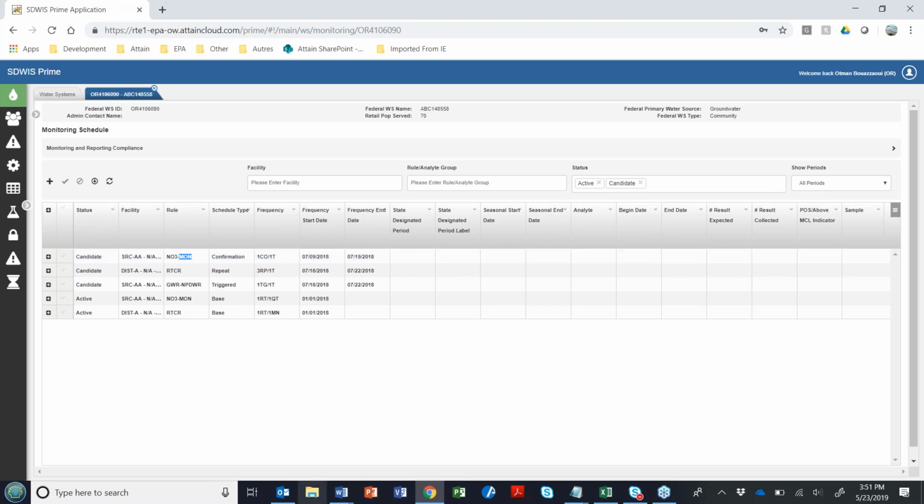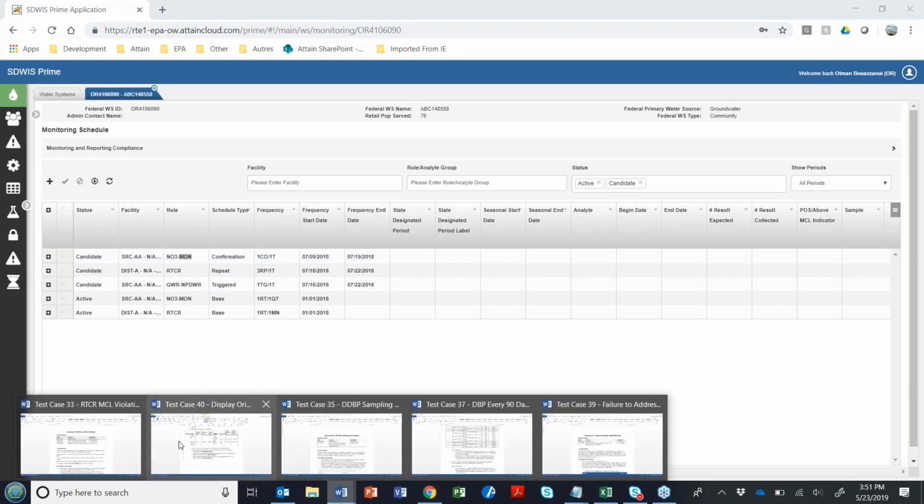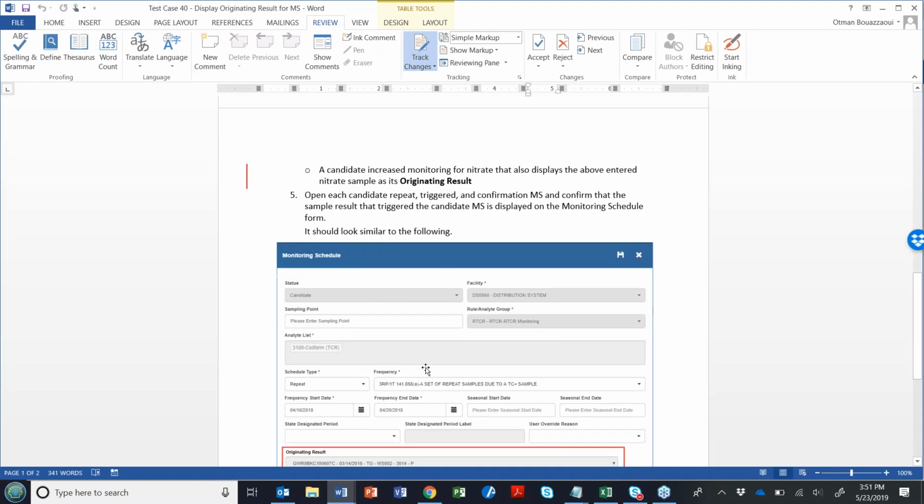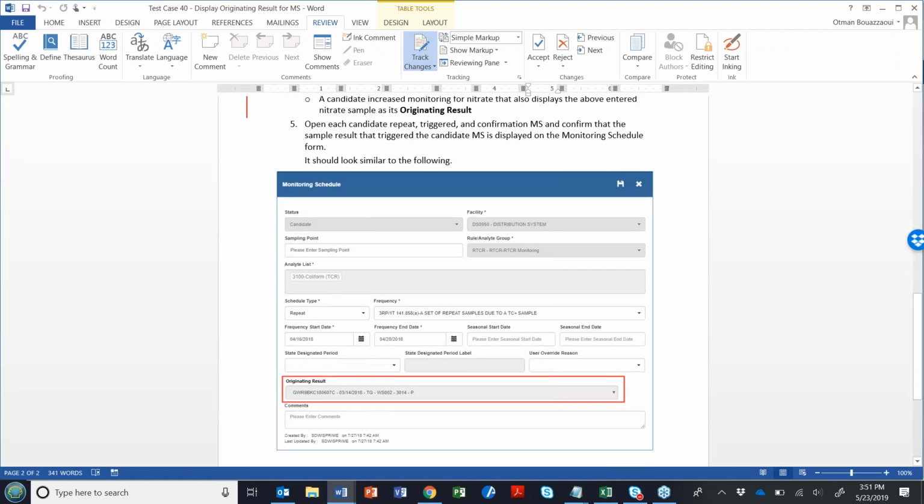So yeah, that's pretty much it for test case 40, the ability to see the original result, which is the fact that was used by the BRE to create the candidate schedules, repeat, triggered, and confirmation for nitrate schedules, for example.